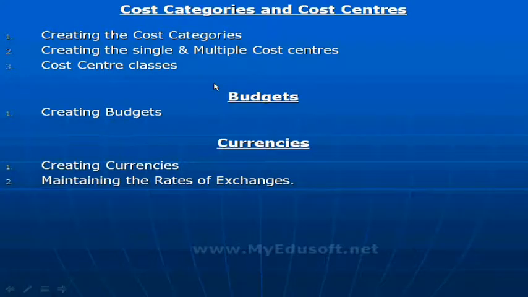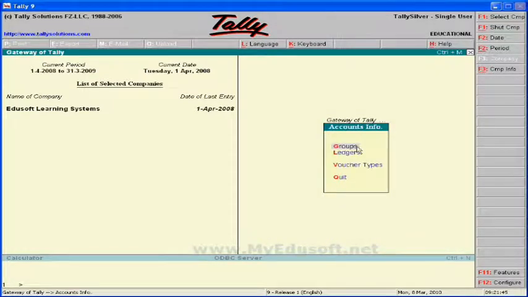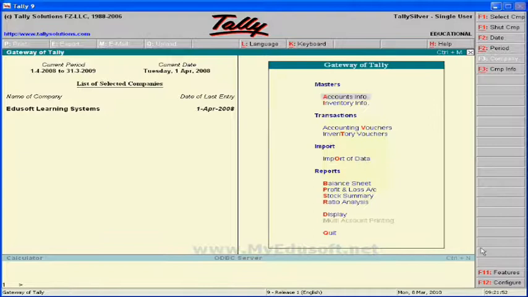Cost categories and cost centers. Now we will see how to create cost categories and how to create and maintain cost centers, either single or multiple, under the cost categories. Under accounts information, cost categories and cost centers are not displayed, and the options like groups, ledgers, voucher types are displayed. Now we have to display the cost categories and cost centers under the accounts information, so that we have